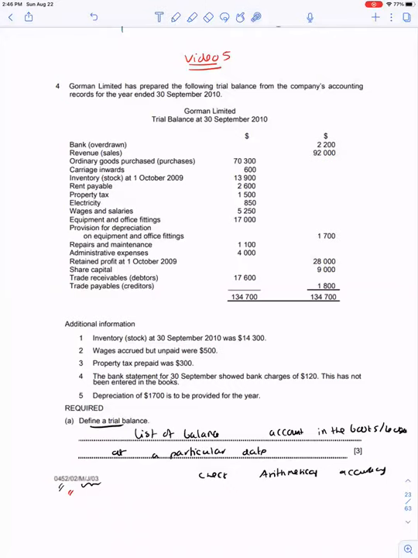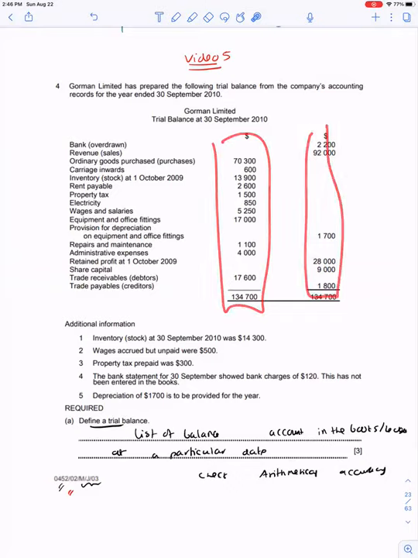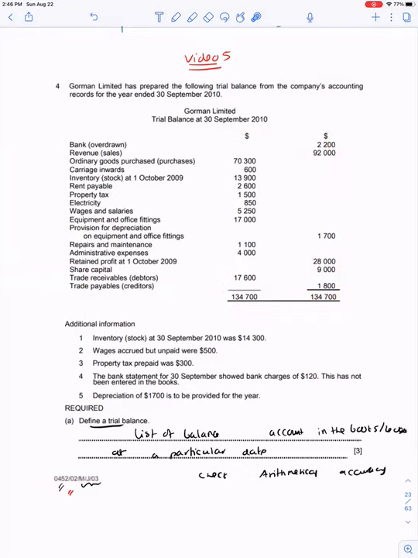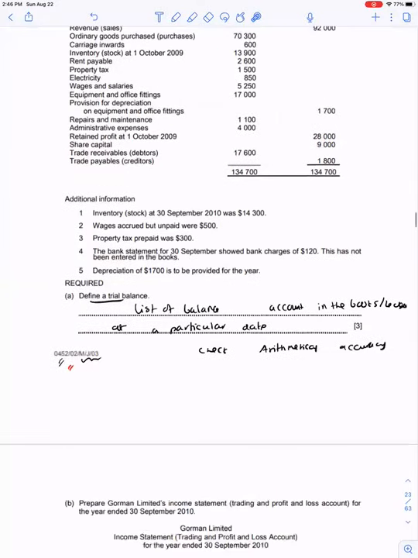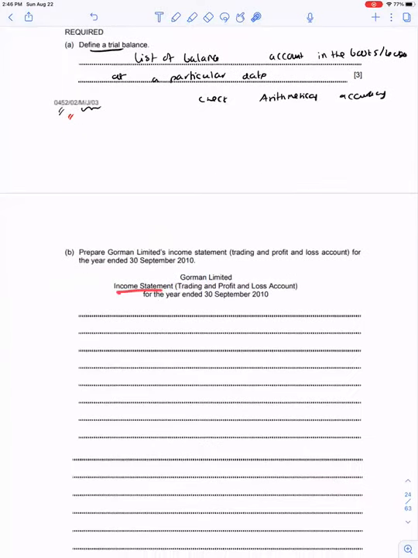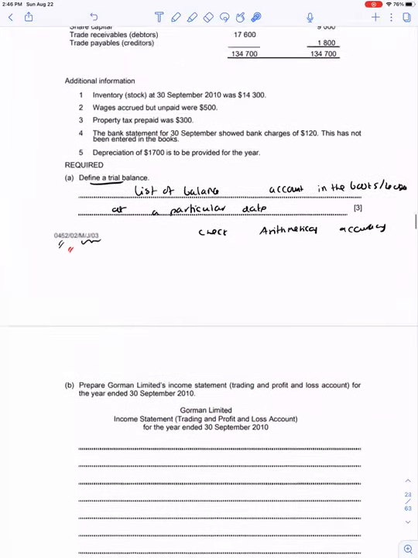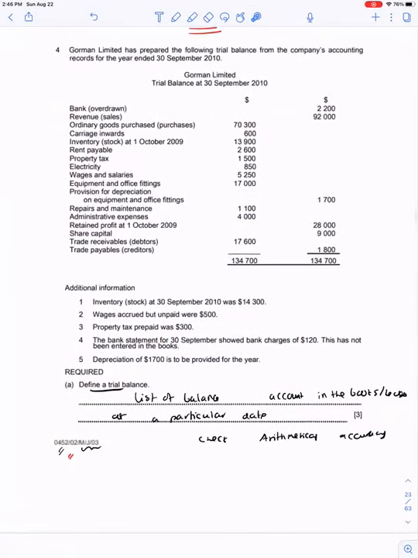Now you have a trial balance over here. This is the list of balances of the accounts, depending whether it has a debit balance or a credit balance. And you are asked to prepare the income statement. Remember, the income statement is made up of the trading account and profit and loss account. The section up to gross profit gives you the trading section, and after gross profit gives you the profit and loss section. Before I do the marking, let me see what the adjustments are.